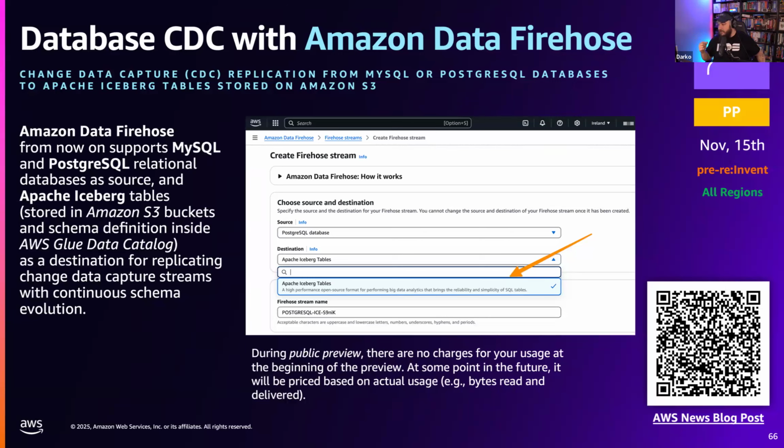So what this means is that you can now basically use change data capture. And by the way, change data capture is just capturing all the changes inside of your database or some sort of data source. For example, if you update a field, that's being captured as a change, and something can happen then, right? So in this case, anytime something's written to your database, it's added to Amazon Data Firehose, which is basically streaming that data into an Apache Iceberg table.